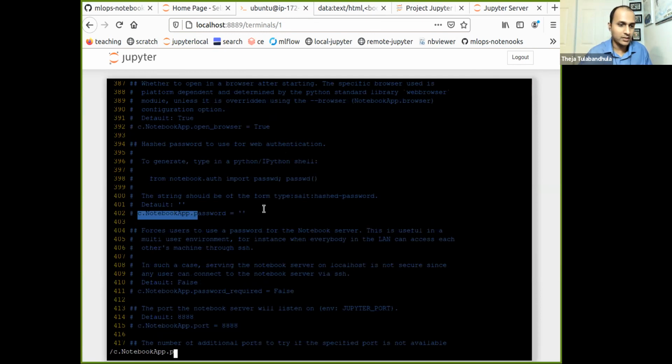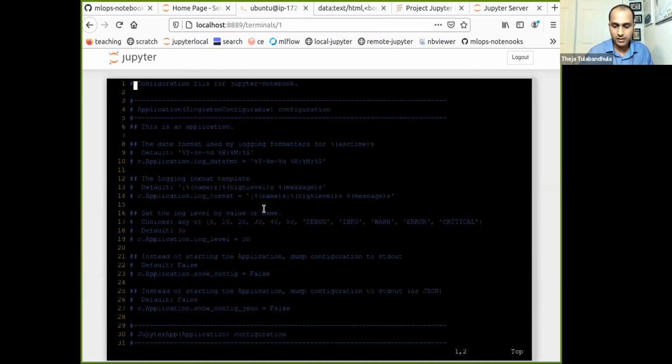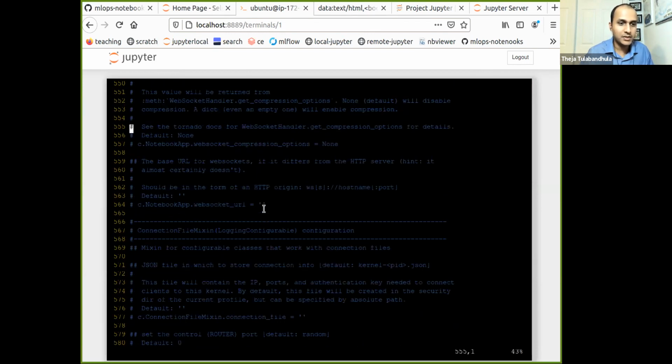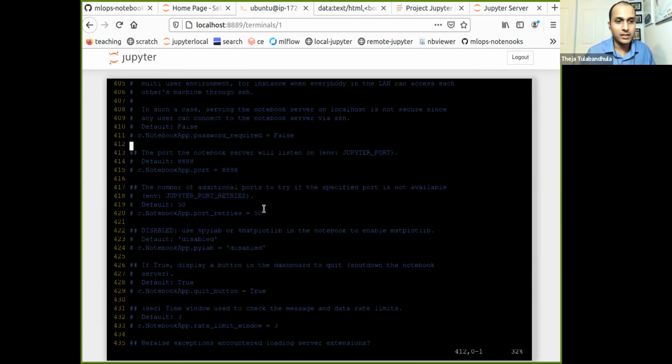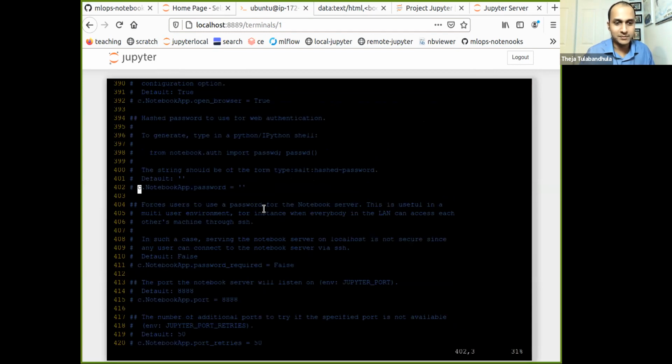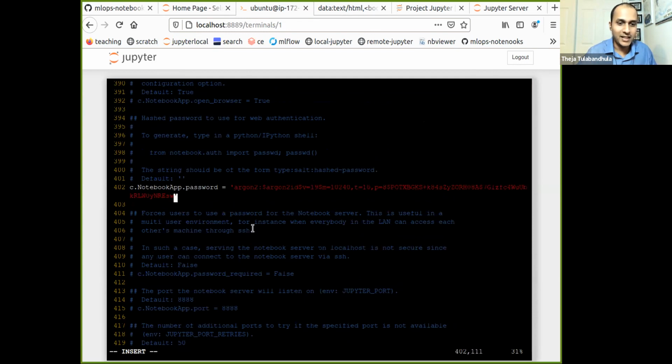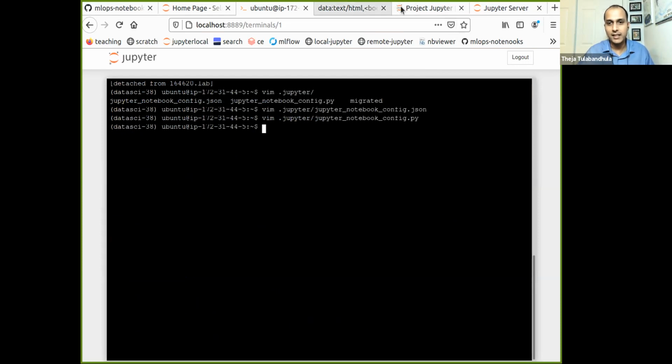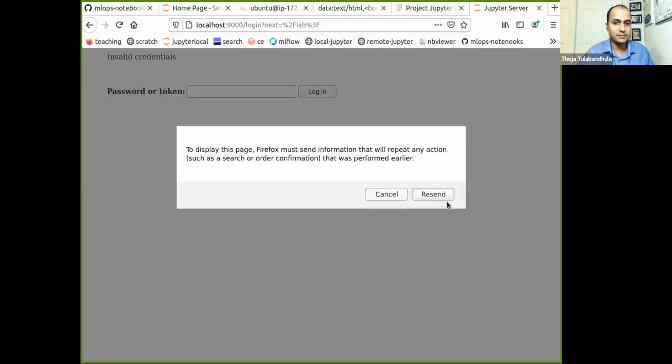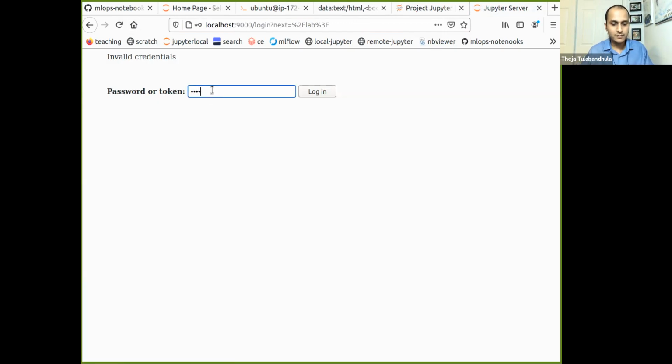So let me go to that line 402. Actually, there's a command for going to the line, but I'm not going to use it. If in case you don't log in, this is just a quick fix. I don't think I even have... Oh, I do have it. Okay, great. So that's it. I hope this should work. Let's see. Oh, no.